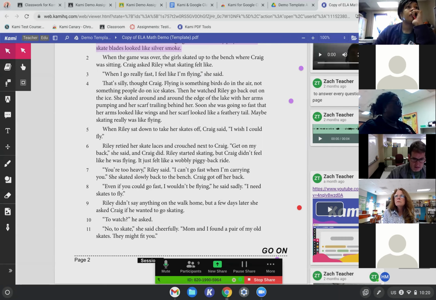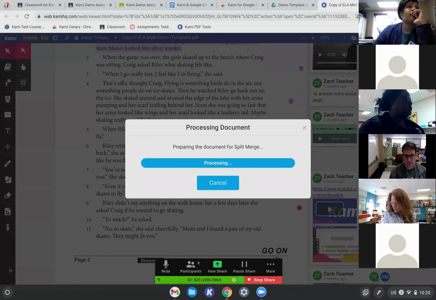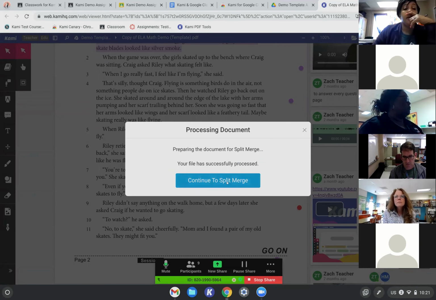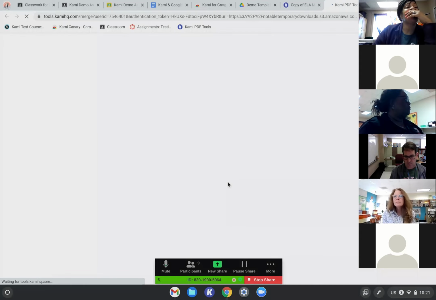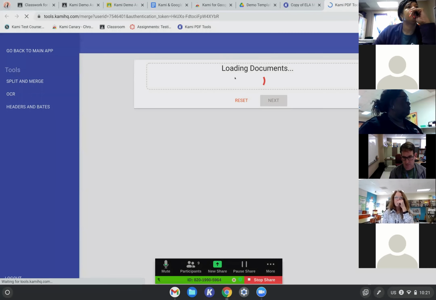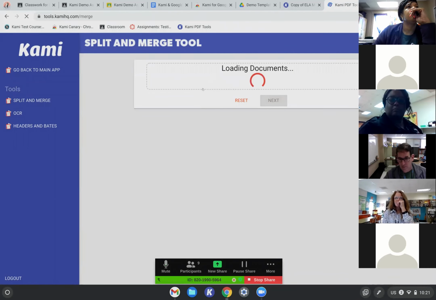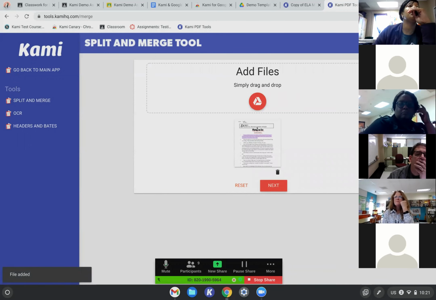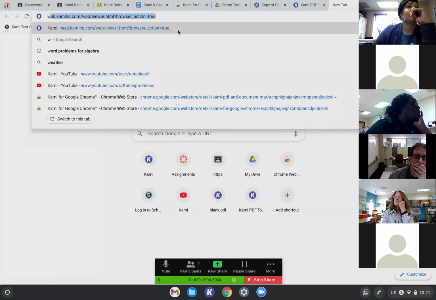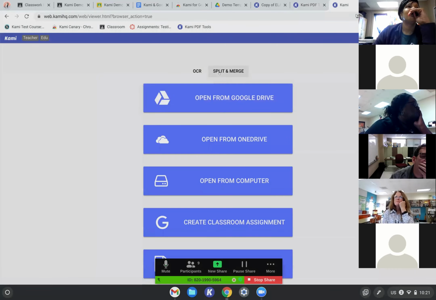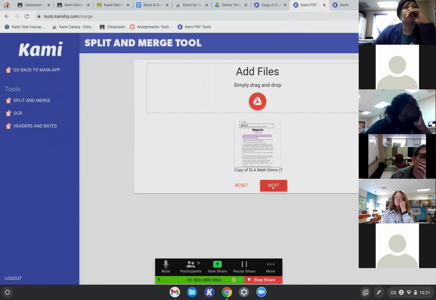But the tool I want to show off here is under the menu, where we have this split and merge document option. I can use that to open the file I'm currently working on into the Kami split and merge tool. So this is one of our tools for customizing PDFs beyond just adding annotations. So it's going to open up and load the file I was working on here, but I can also add files from Google Drive or the device local storage if I've opened it up rather than by loading a document, accessed it through the split and merge button on the main page of Kami. So I can load in the file I need, and when I hit next,